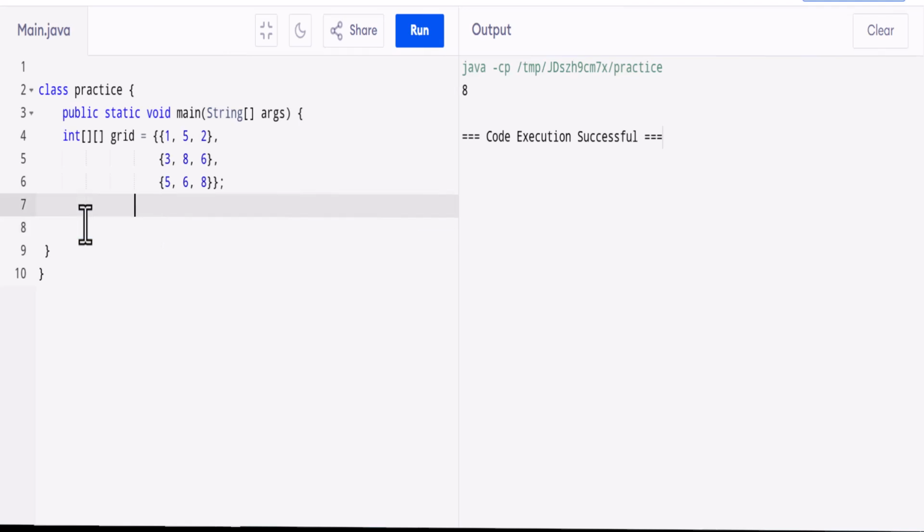Now there's a couple different ways you can do this. I find this way works really well, is to use two for loops. So we're going to say